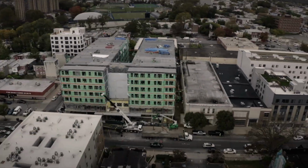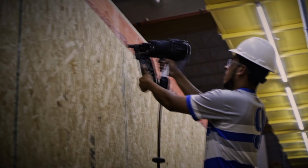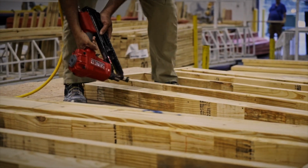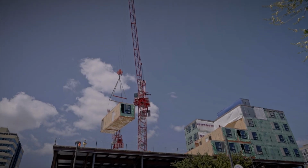the world. Volumetric construction is really distinguished from other forms of off-site construction in the way that it's pre-finished. Volumes or modules are produced in a factory to a 90+% completion rate. The goal of volumetric construction is really to put as much labor into the unit as possible, therefore releasing the